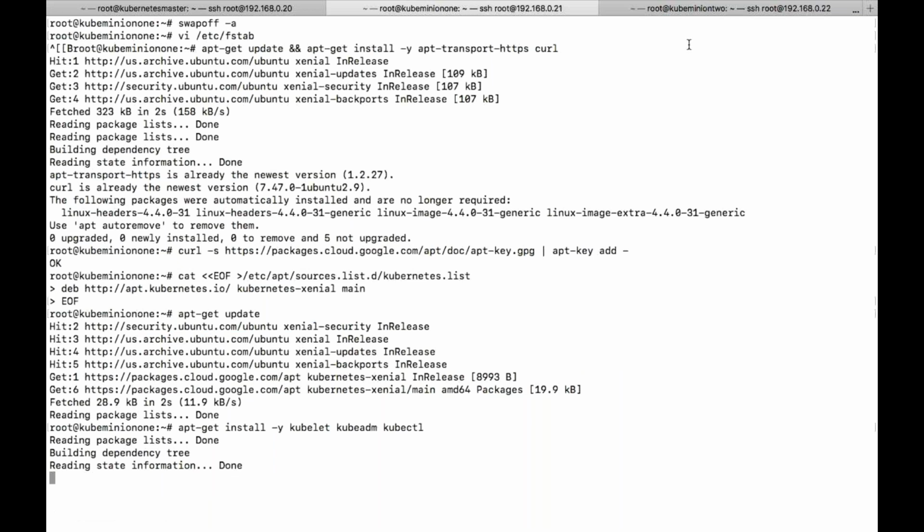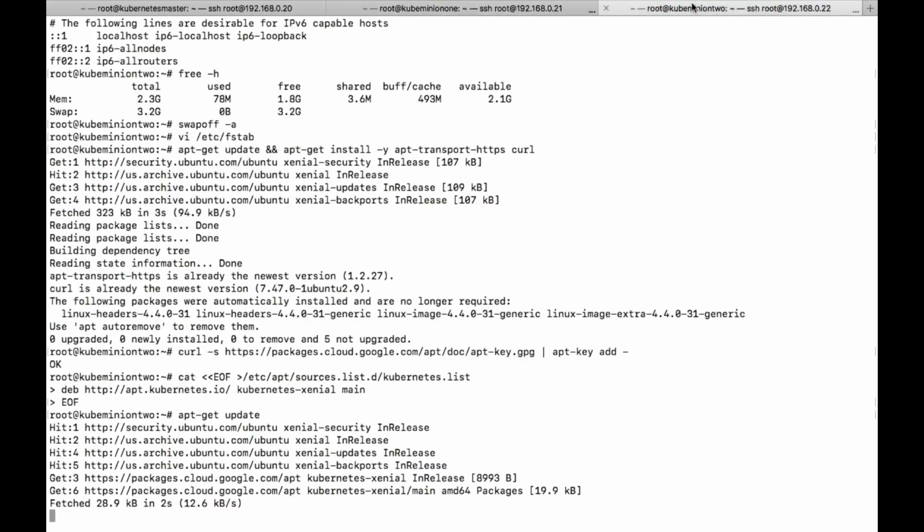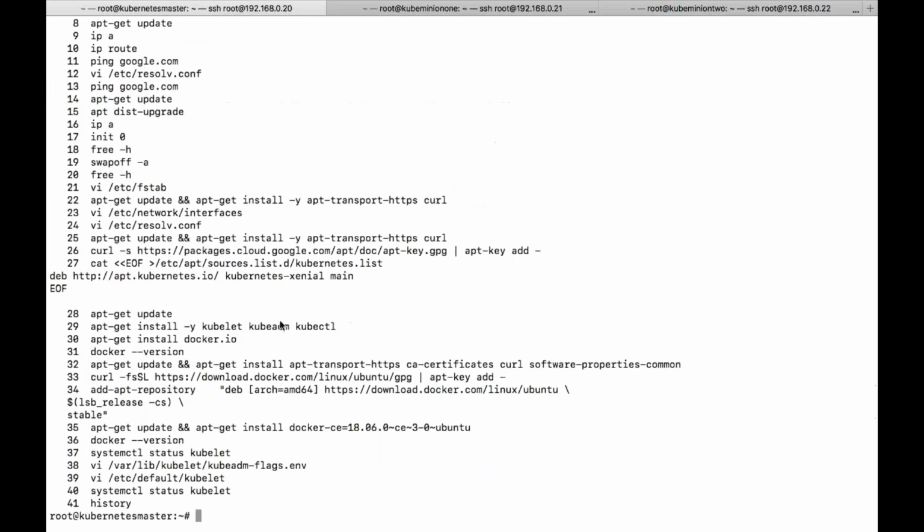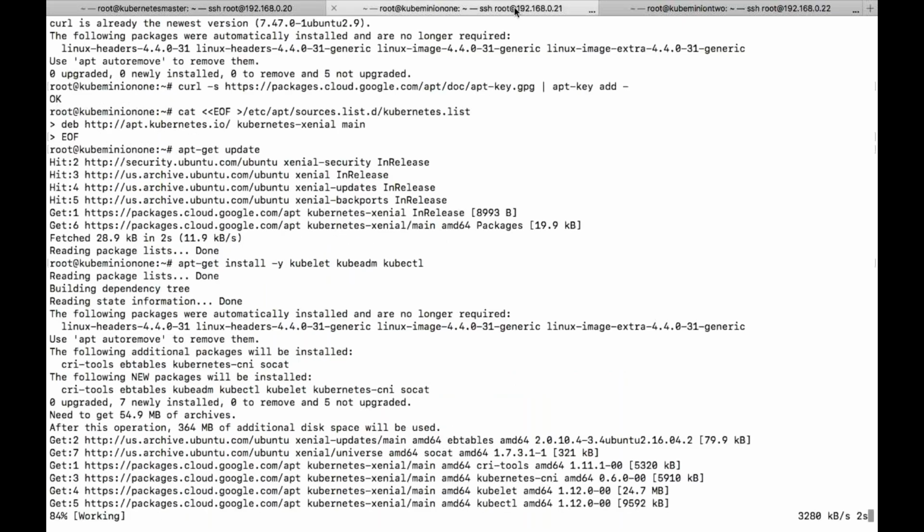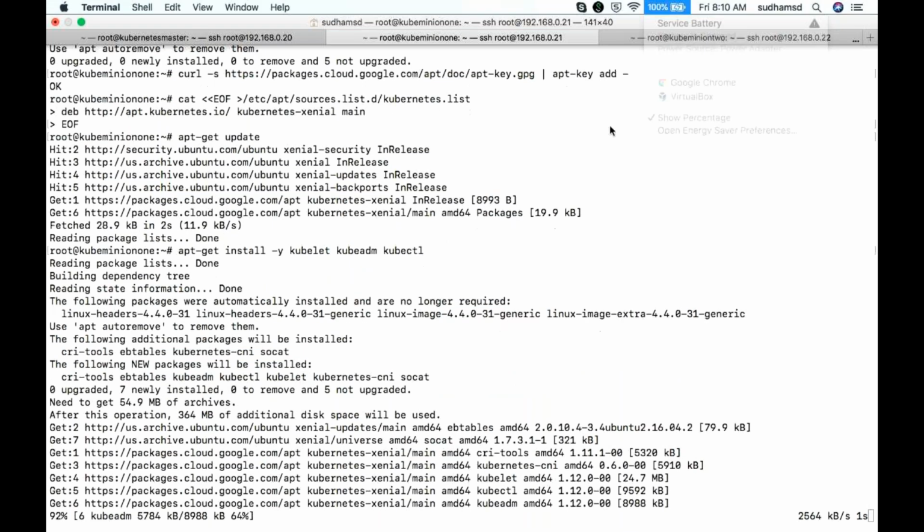Once this package has got installed, we need to first install Docker. Actually, this Docker installation needs to be done first. Anyway, we have done it later. It is not a big issue.